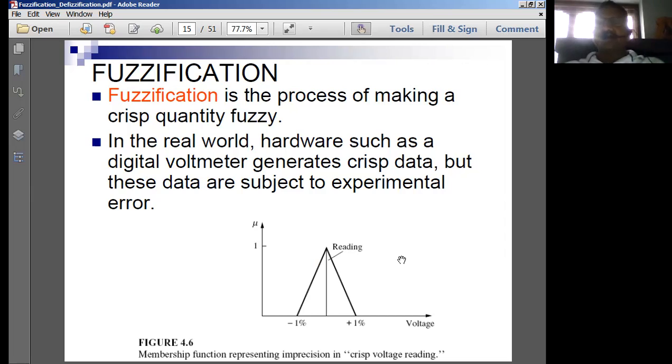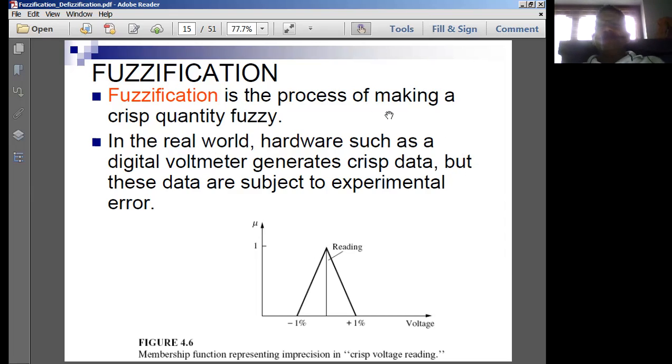In the case of speech processing systems, what is the input we give? The input is human voice. What is the output from the speech processing system? It is also human voice communication. Imagine there is a speech processing system: the input is an analog signal, and the output is also an analog signal.